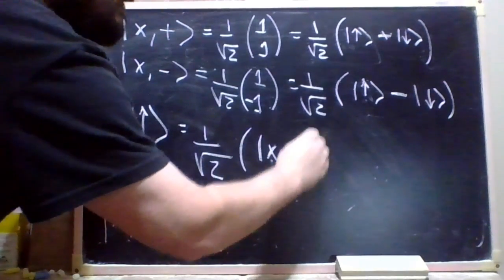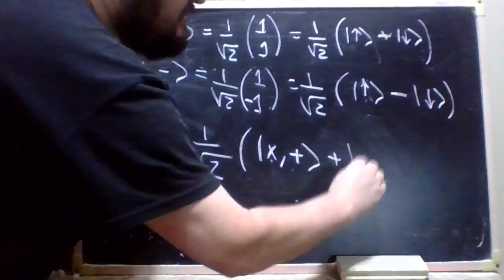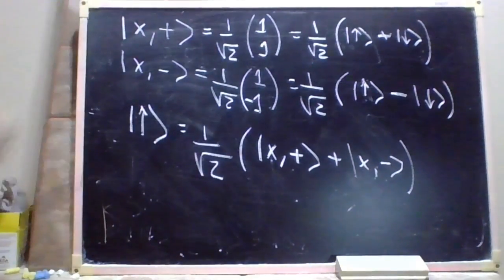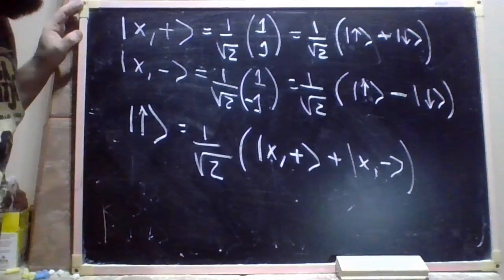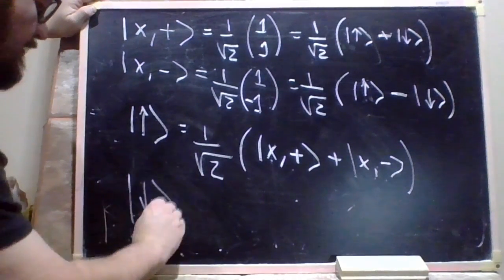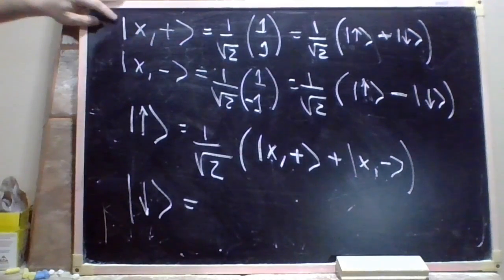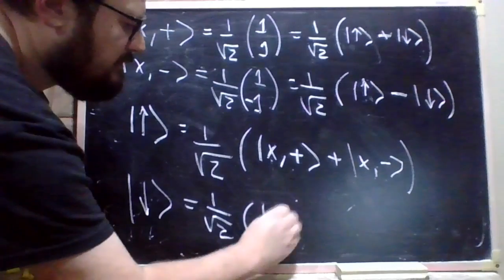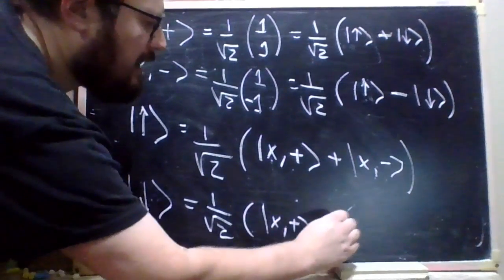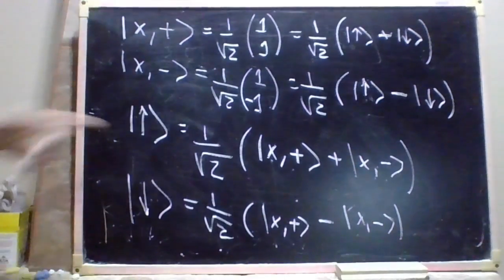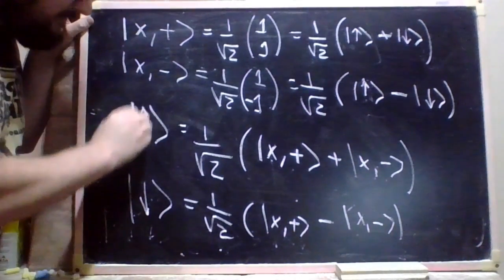In the x direction, the up state, plus in the x direction, the down state. Right? So also the down state, you can demonstrate, you can subtract. So 1 over square root of 2, x plus minus x minus, right? And notice that